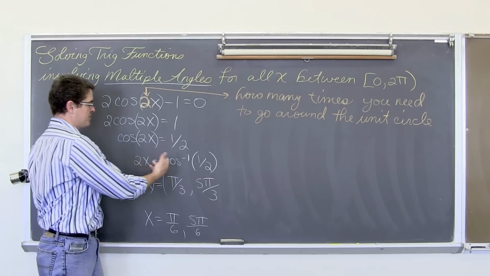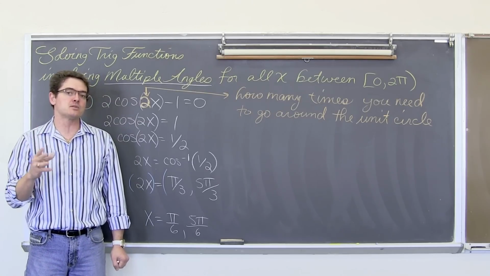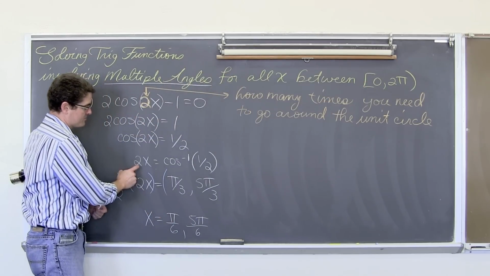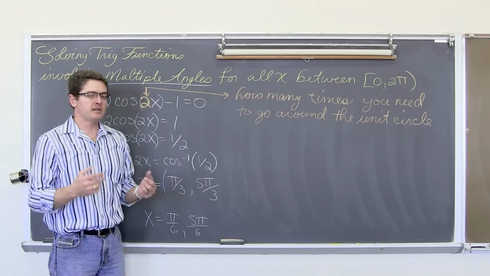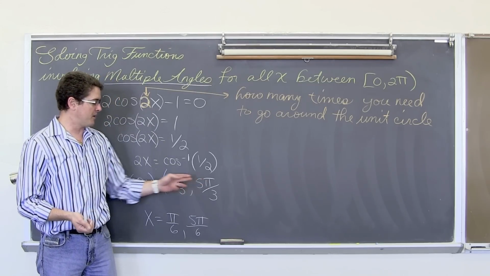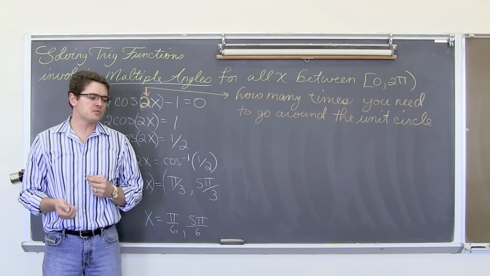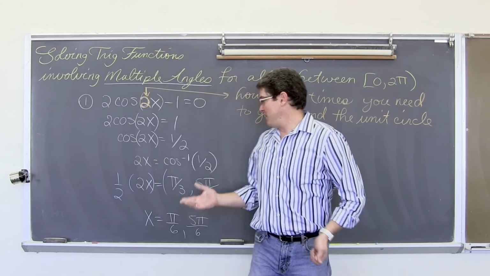So we're not looking to do the inverse cosine of 1/2 around the unit circle just once, all the answers that are around that first rotation of the unit circle, but we're going to have to go around twice to get all of the possible answers. So now you're bringing in an old concept of coterminal angles. We've already got the two places around the unit circle where cosine is equal to 1/2, but where are the other two? Well, one way to figure this out is to simply count out again.